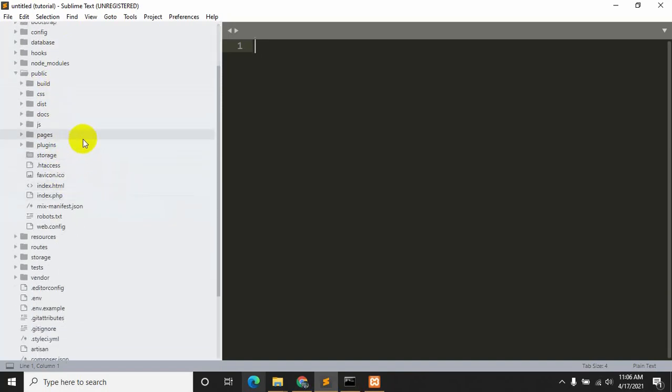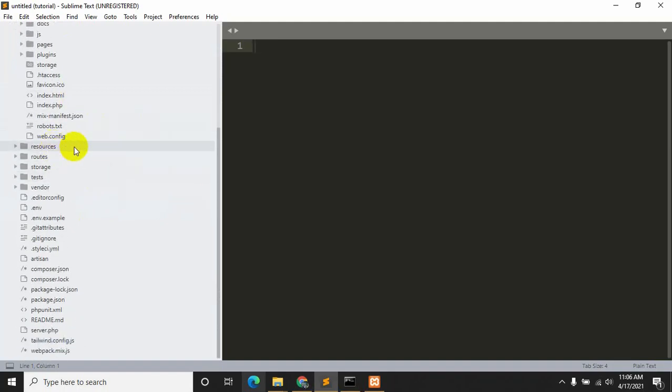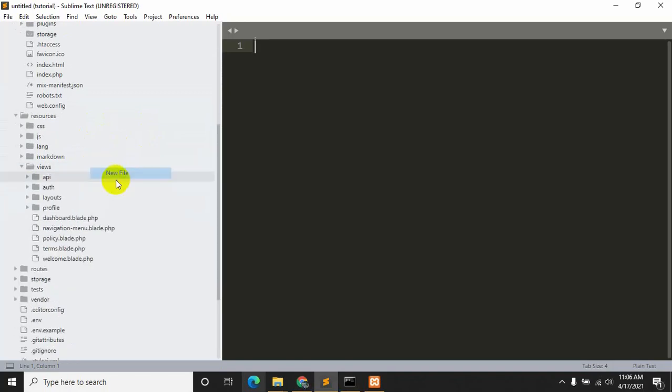Okay, so first of all we are going to go to resources and then views, and inside these views we are going to create a file named admin.blade.php.